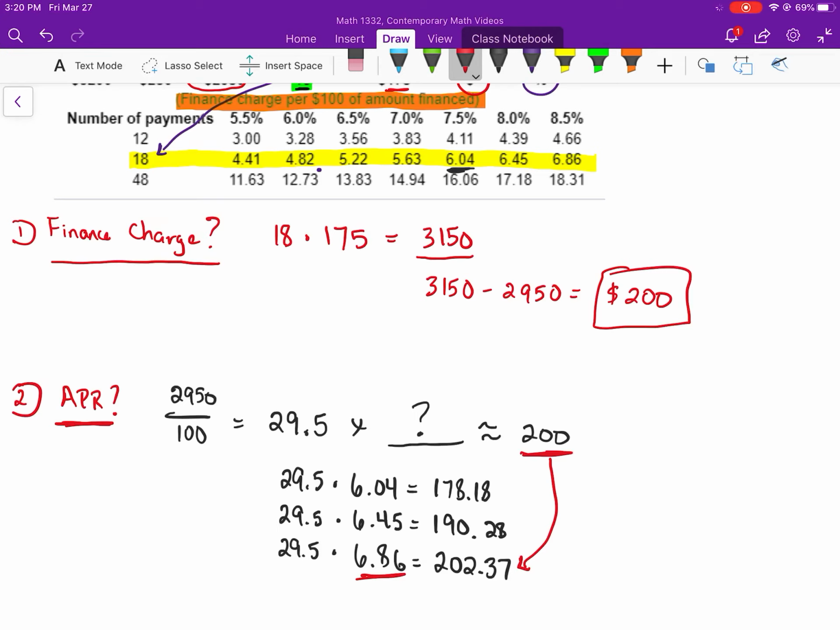So again, we are looking for the APR here. That $6.86 is under which APR? That would be 8.5%, which is the correct answer. All right, I hope